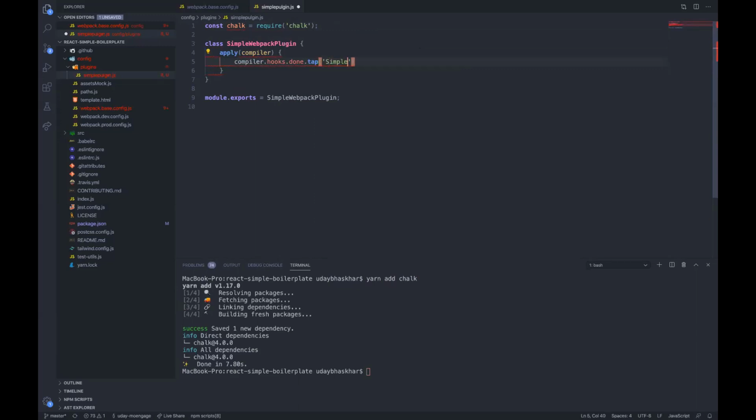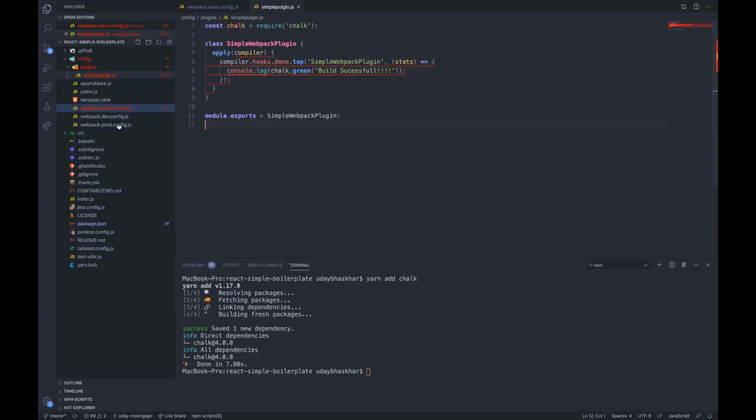I'll write the name of my plugin, which is SimpleWebpackPlugin, or you can name it anything. Once that is done, you have stats. What is stats? We'll look into stats as well. So chalk.green, build successful.